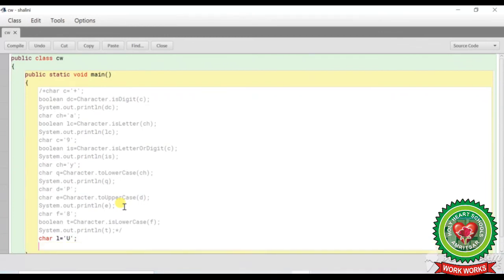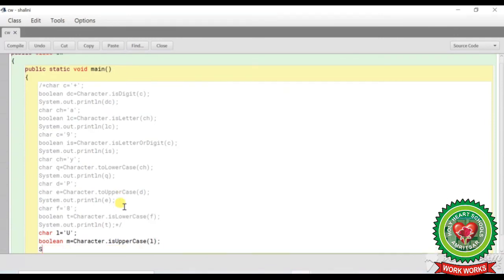Now here you will write boolean m equals Character.isUpperCase, and then it will check for L whether it is in uppercase or not, and then System.out.println, and then in bracket I will write m.